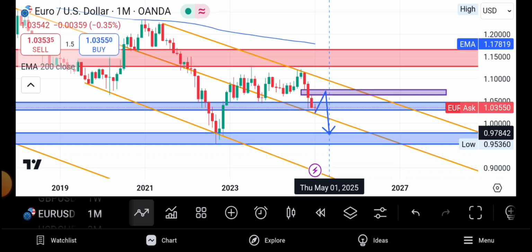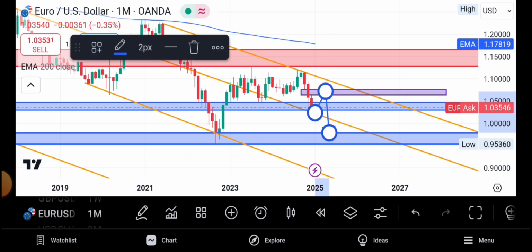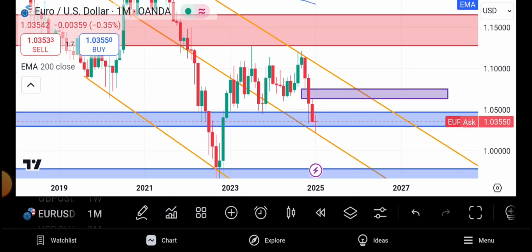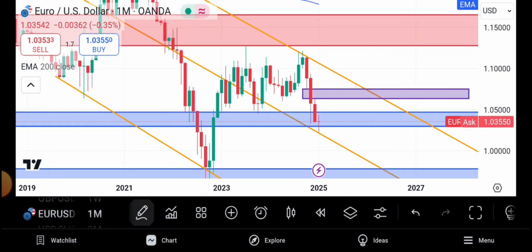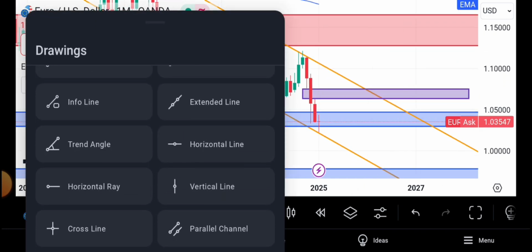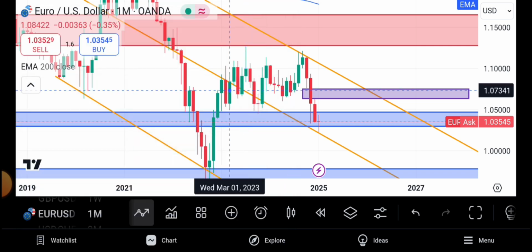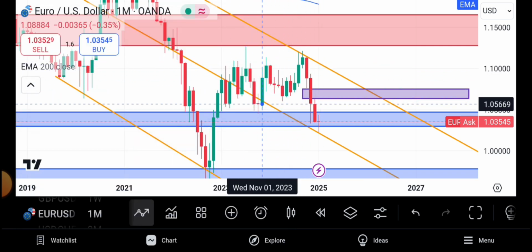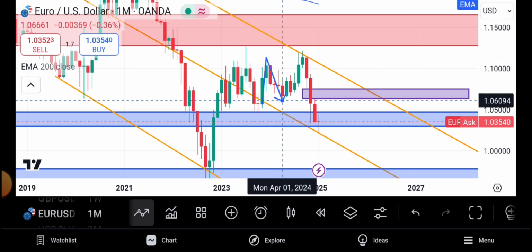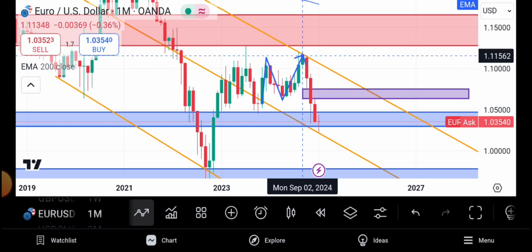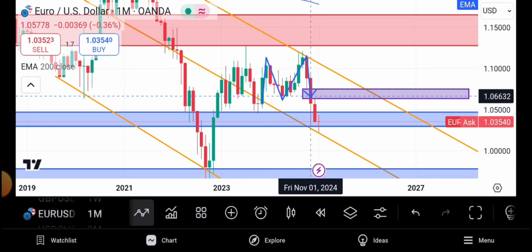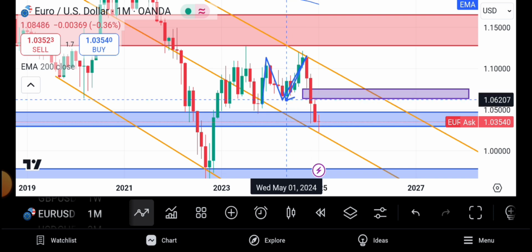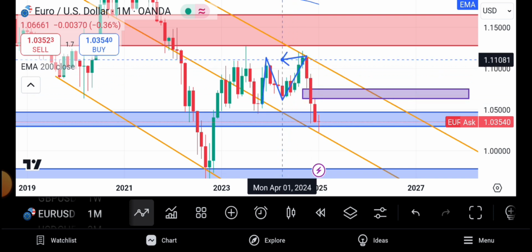Another reason why I'm saying that is, if you can see clearly, let me show you, this is like an M structure. We have an M structure here, like that. And you know the rule of the game: once the neckline of the M structure has been broken, the price action will go downward by the distance between the top zone and the neck zone. Are we together?